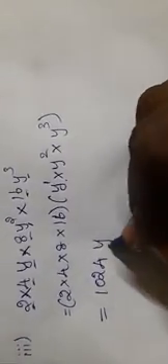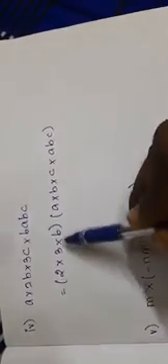If there is no power, we can consider it as y power 1. We can add the powers. 3 plus 2 is 5. 5 plus 1 is 6. y power 6. In question number 4, write the numbers separately and the variables separately. 2 6s are 12. 2 3s are 6. 6 6s are 36. Here a multiplied by another a, so we can write a square. b multiplied by another b is b square. c multiplied by c will be c square.